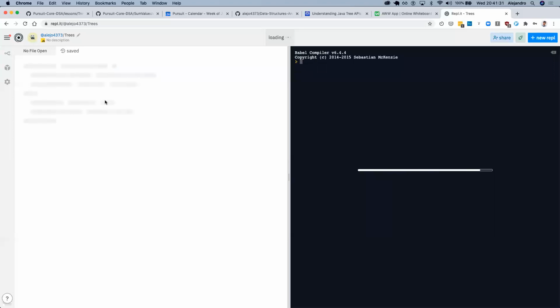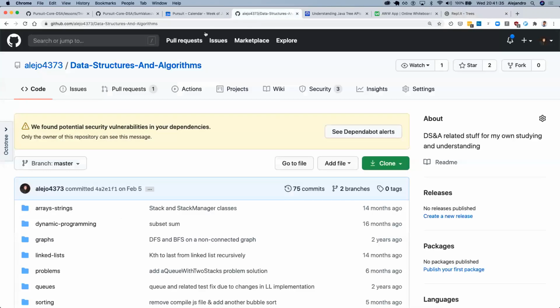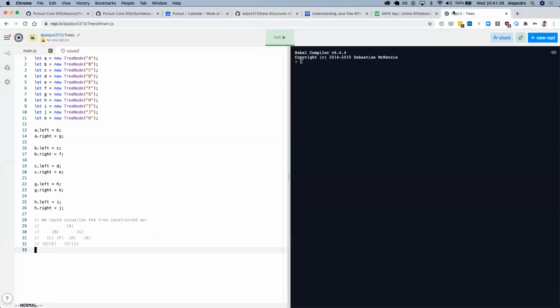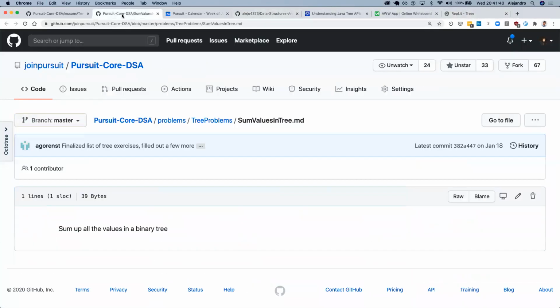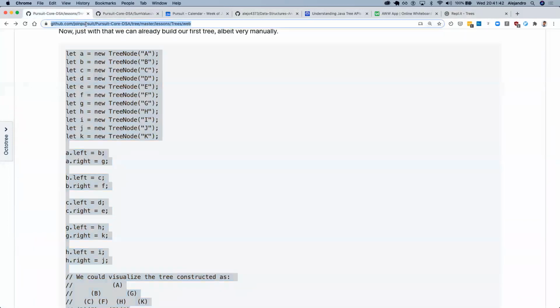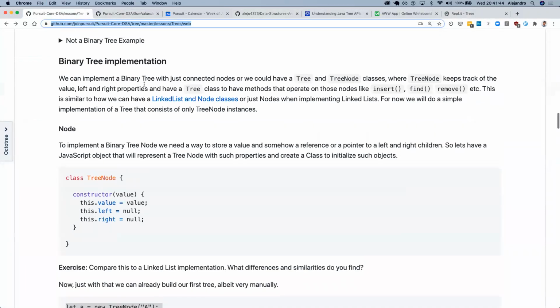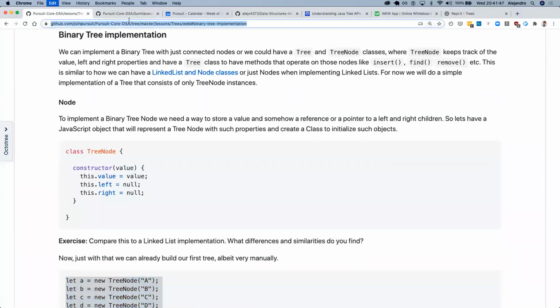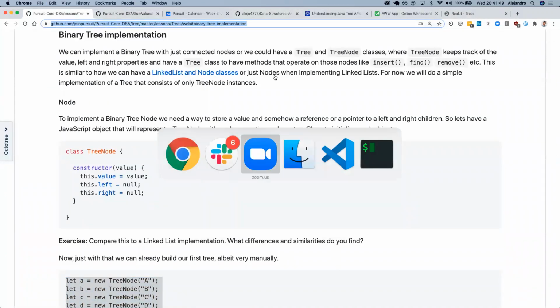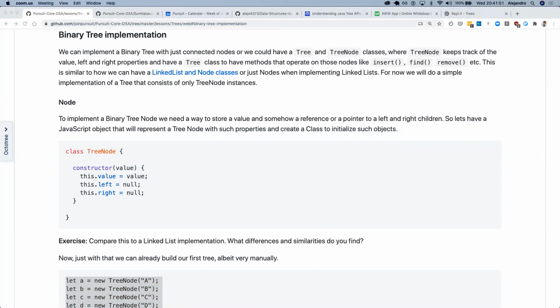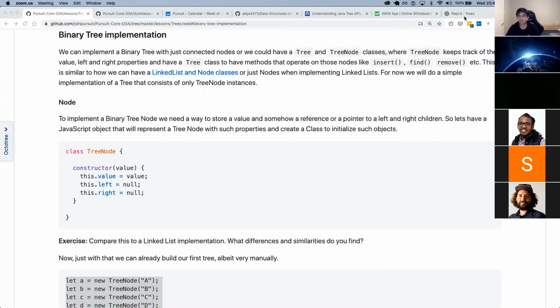Sure. Give me one second. I just sent it in the Zoom chat. Thank you.